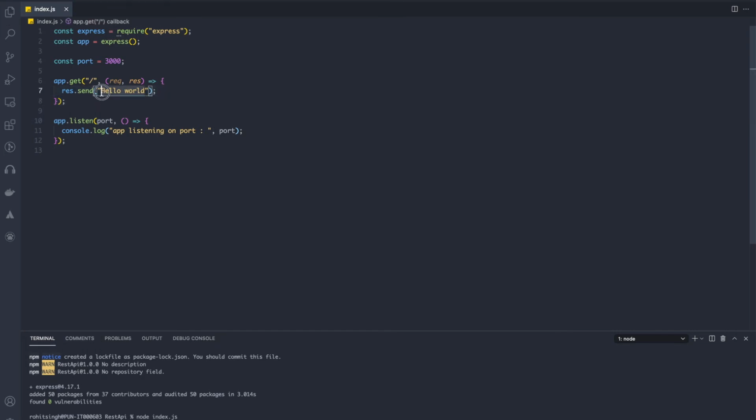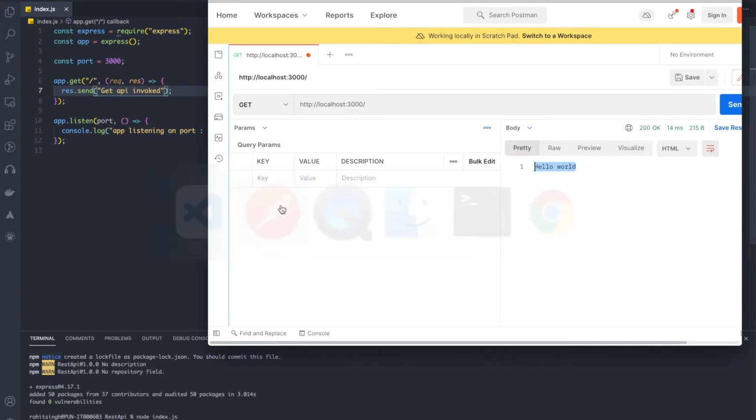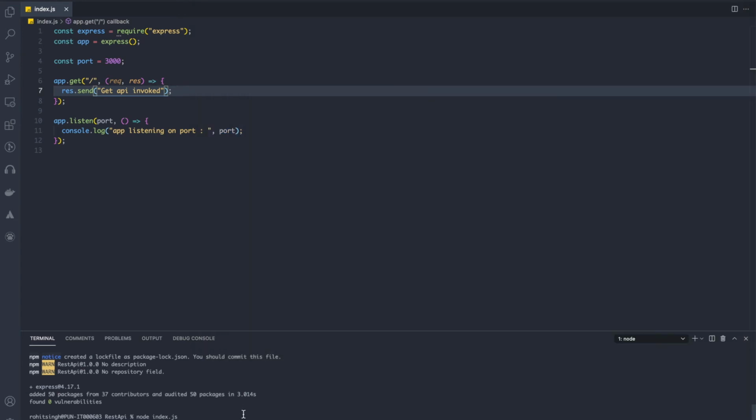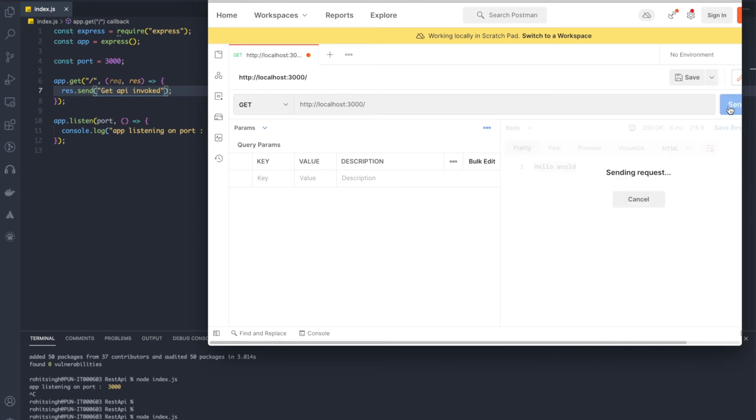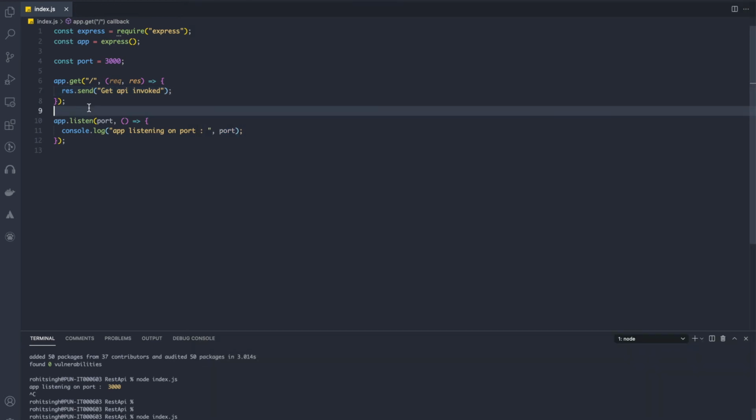We also can verify by changing its text as get API invoked. So if we call it again, it has printed the same. That is because we have to restart the server. Get API invoked. So this is how we have created one get